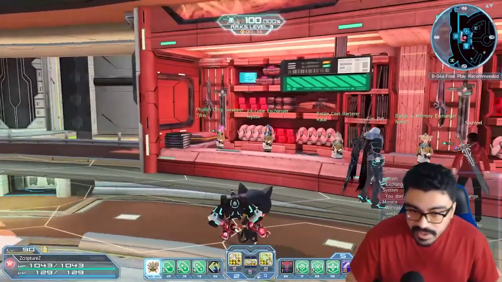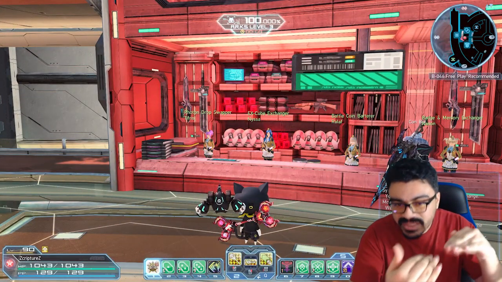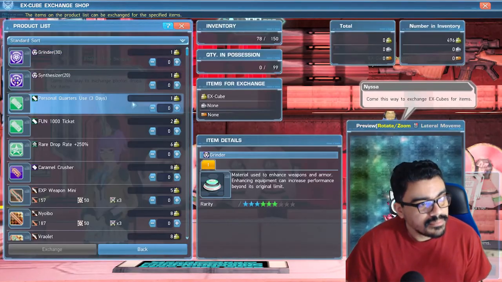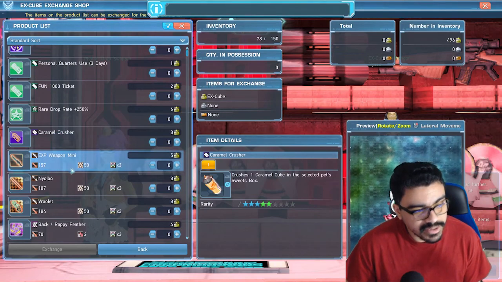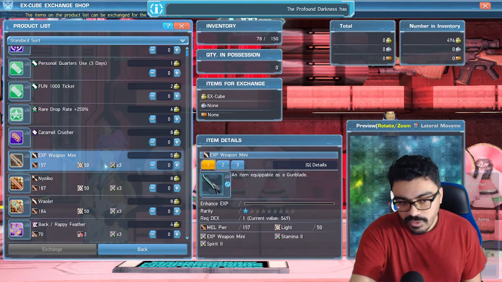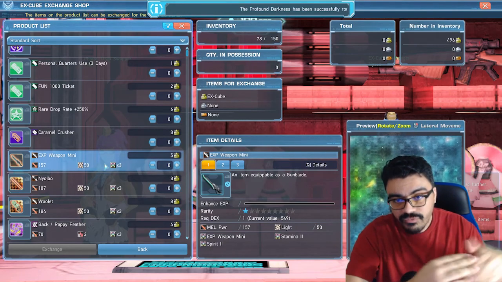You go up here, and especially since you've been collecting Excubes at least until level 60 or so, you know what I mean? Wait until 60 and then go over here to the Excube lady, boom. Then after you collected some of these, you're gonna go right here. You see XP weapon mini, just 5 of these. You can buy 5 at a time, and it will level your weapon up from 1 to